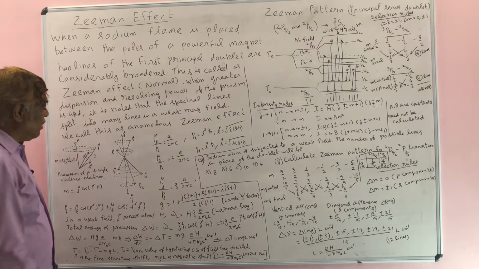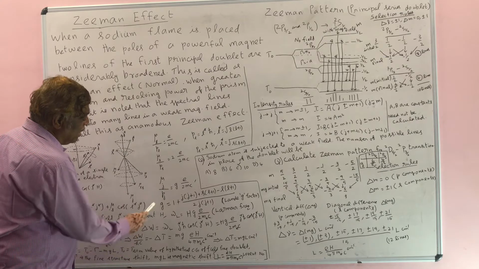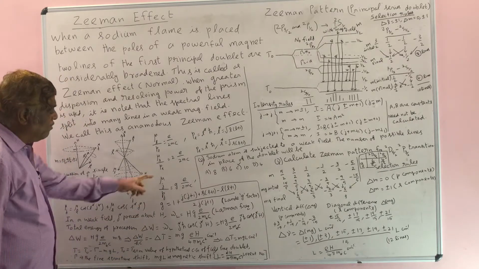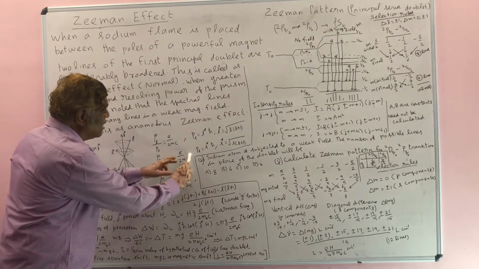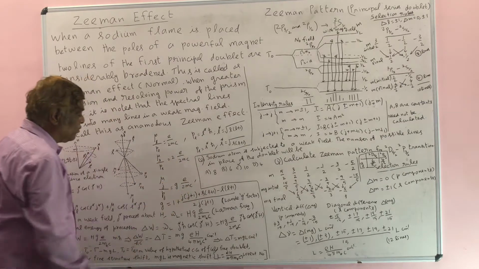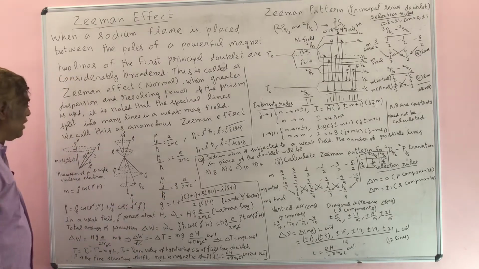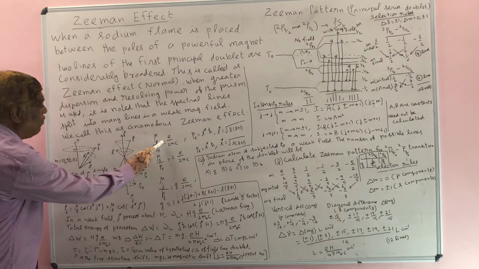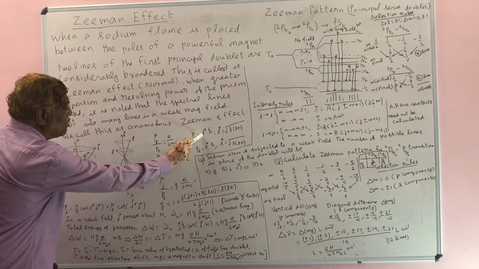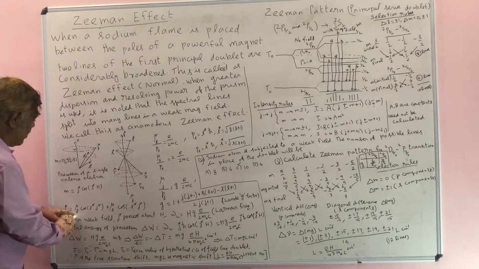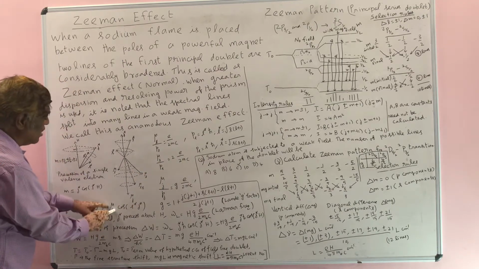Similarly, let us find the ratio of the magnetic moment of the atom to the mechanical moment of the atom, mu J by P J, which is equal to e by 2mc times some number G. Let us calculate the value of G. In order to calculate G, you substitute the value of mu L from this expression. Mu L is equal to e by 2mc into P L, where P L is equal to L* h cross. So mu L can be substituted here, and mu S is equal to 2 P S into e by 2mc. Again you can substitute this value here.